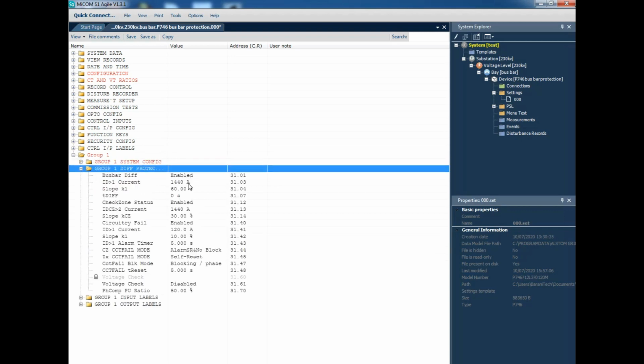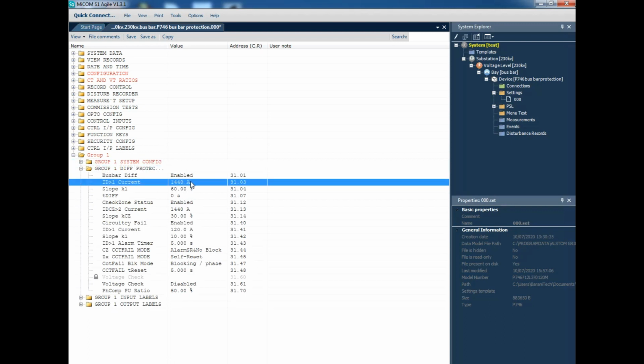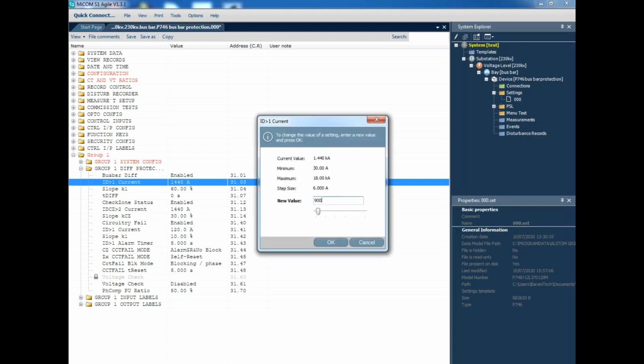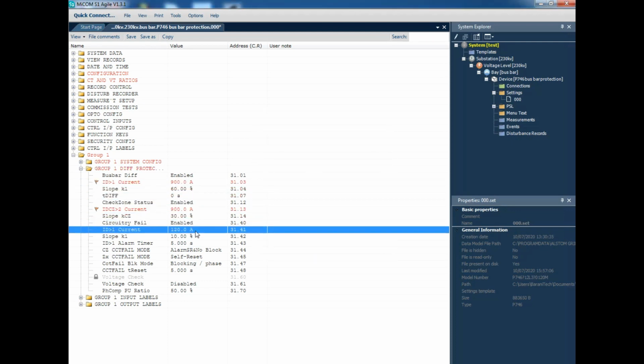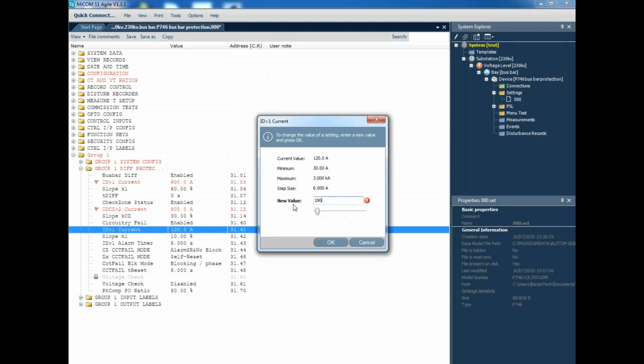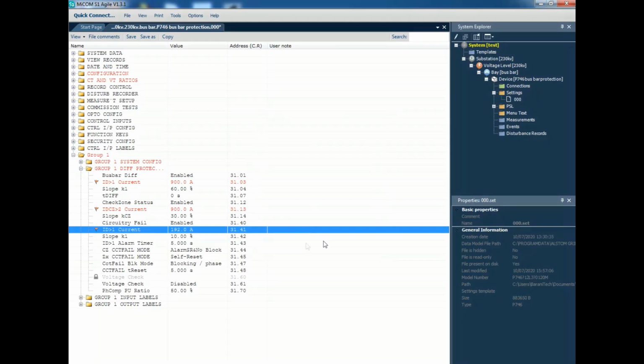Next one is differential protection. Over differential protection, we are going to keep the values corresponding to our setting sheet. If you see the circuit failure enable, this is the setting used for any maloperation, that is, if the check zone and our zones do not match.